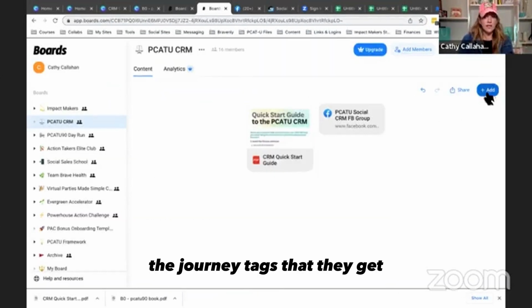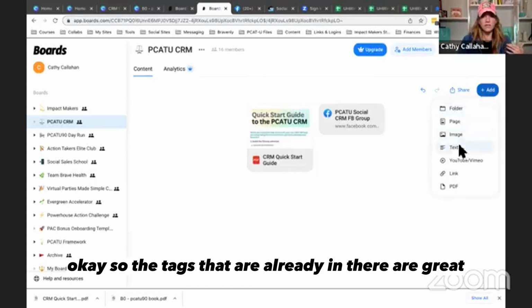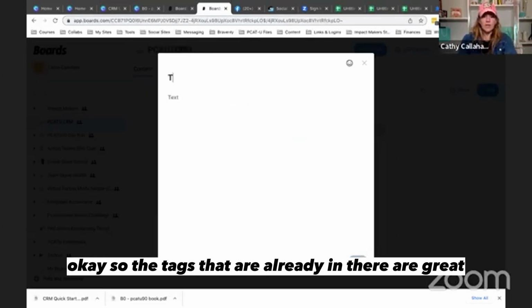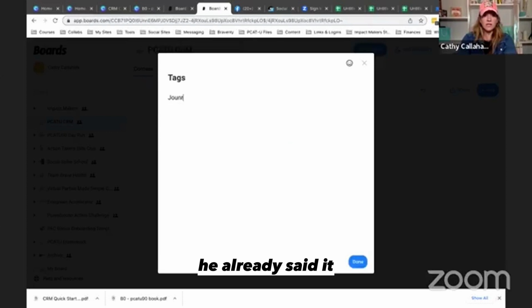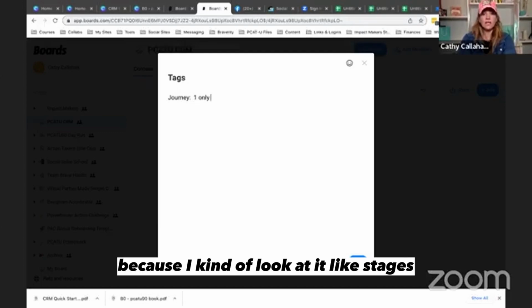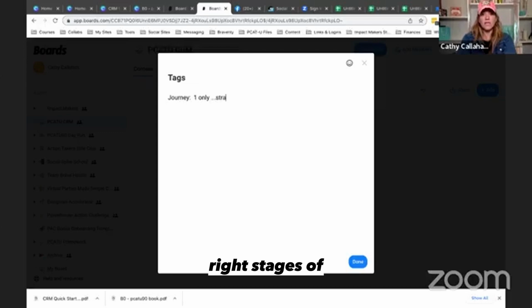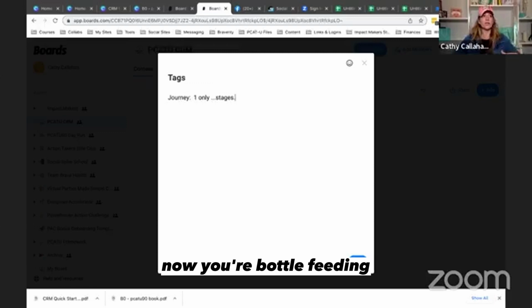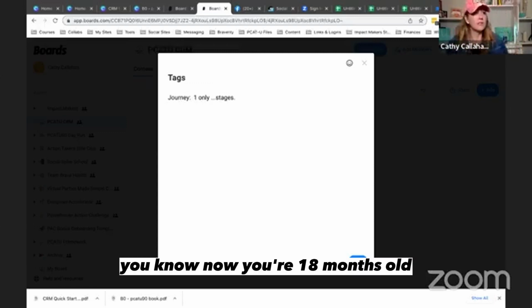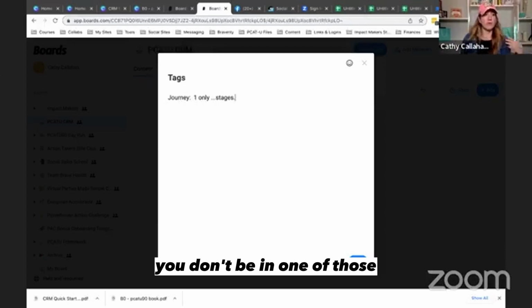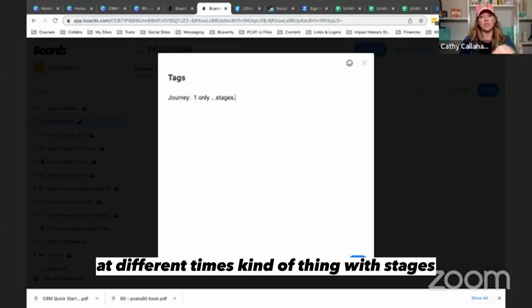The journey tags that they get, okay, so the tags that are already in there are great if you just want to use them, but journey, he already said it, they only get one is the goal, one only, because I kind of look at it like stages, right? Stages of, you're crawling, now you were just born, now you're bottle feeding, now you're crawling, now you're walking, now you're 18 months old, now you're 19 months old, now you're 20 months old. You don't be in one of those at different times kind of thing with stages. But with